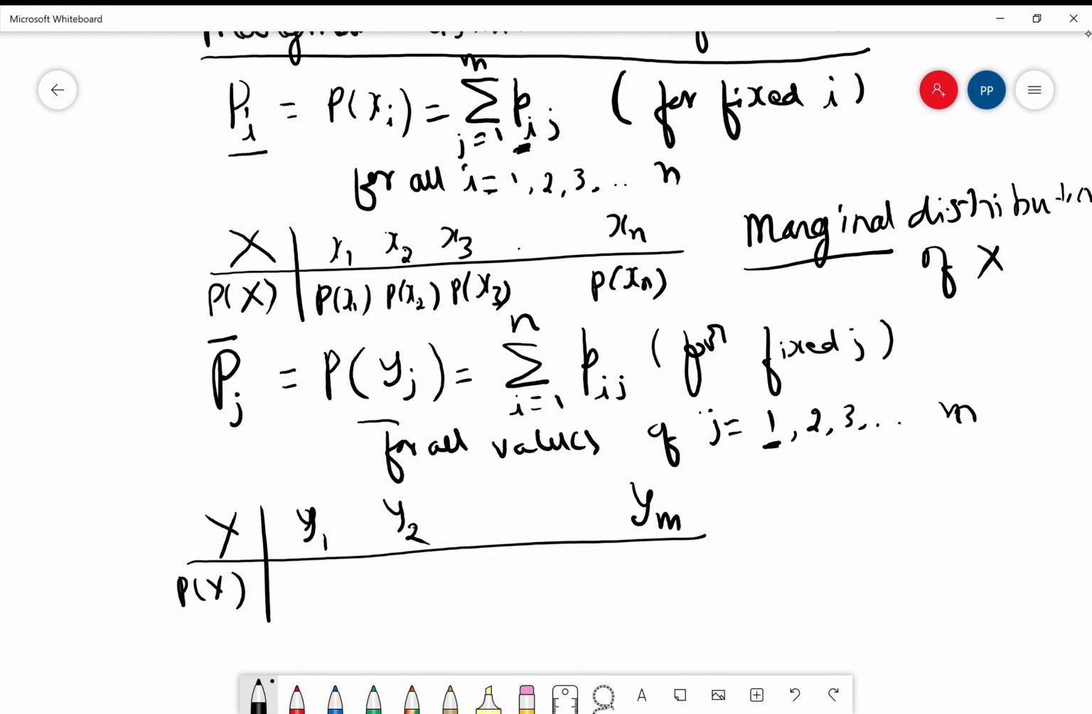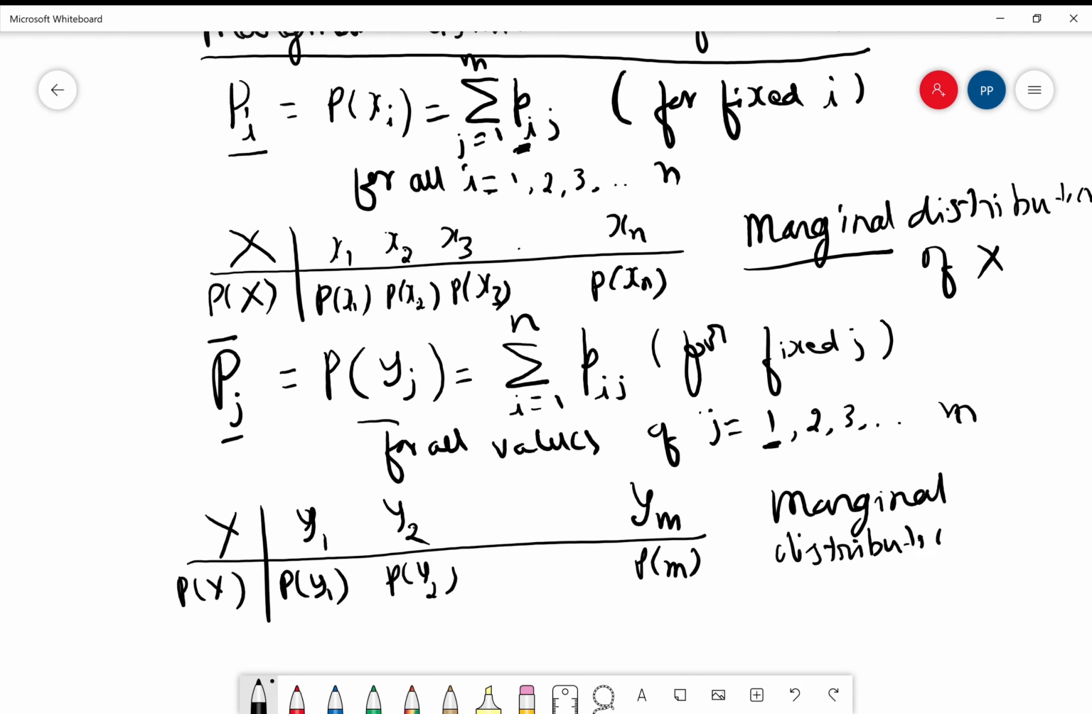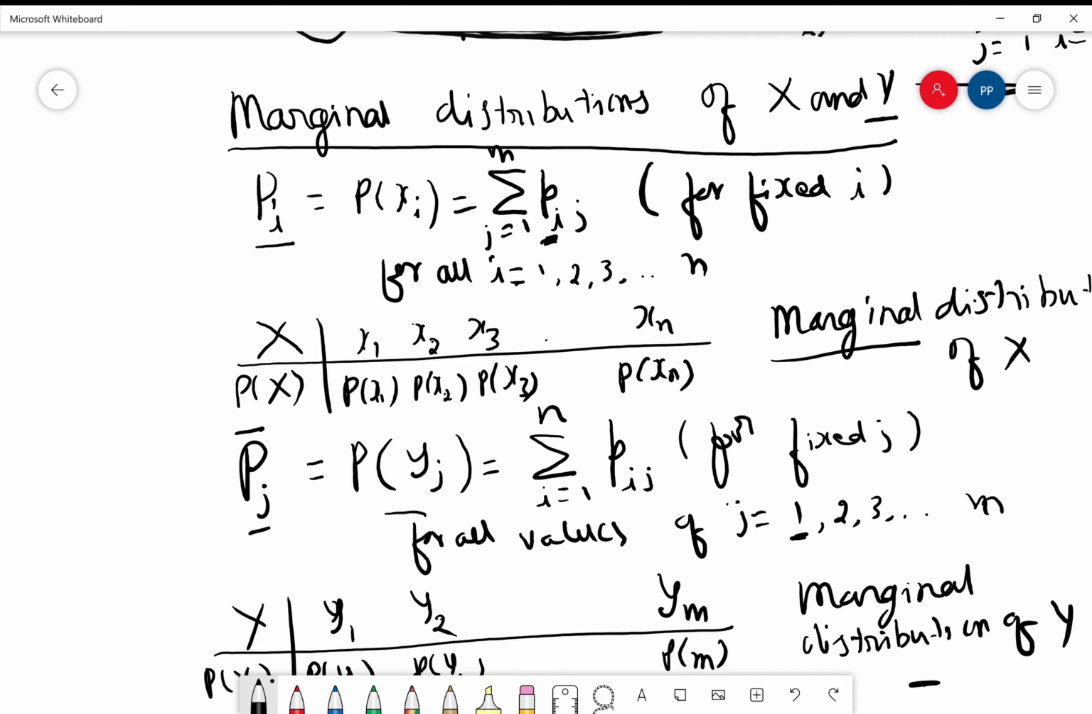p of y1 or p1 bar, other notation, j equals 1, p of y2, p of ym. This is the marginal distribution of y. Now we have got the individual distribution of x and y from this